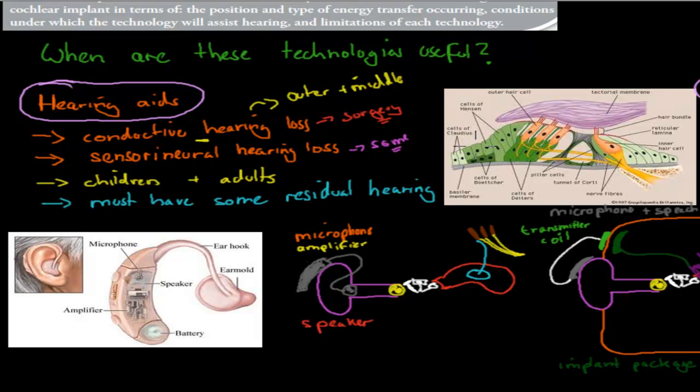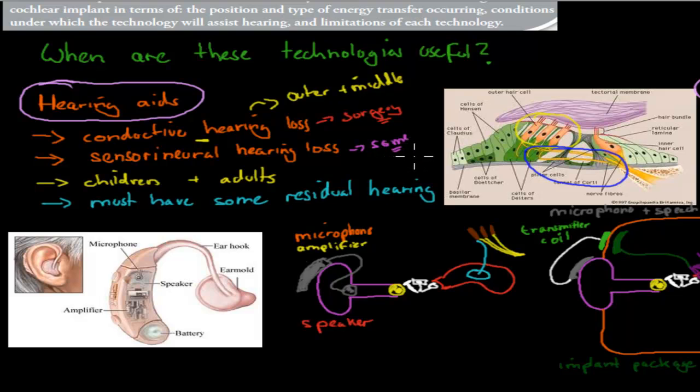So if the actual hair, you can see the hair here, this is the sensory part, and then those neurons attached to it would be the actual neural part. So blue is neural and yellow is sensory. If either of those parts is damaged, only a bit damaged, so not completely gone, but somewhat damaged, then we